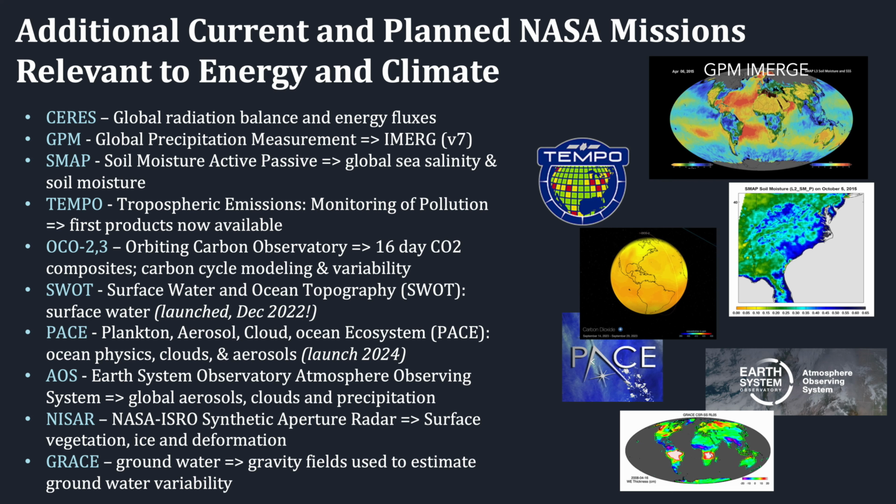So you can see the physics there that's being treated, that process, but clearly there's going to be global distributions of these quantities produced, which should be improved. The NISAR data, this is a project with India and the synthetic aperture radar. So we're looking at processes like surface vegetation, ice, and the deformation of the surface.